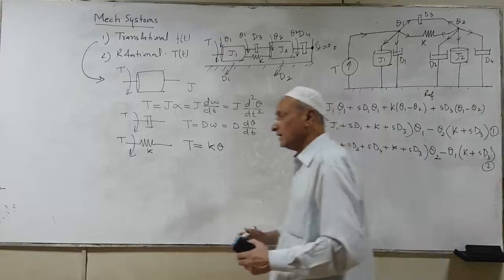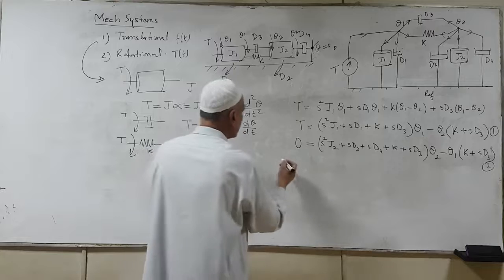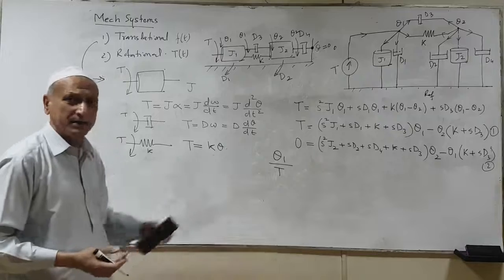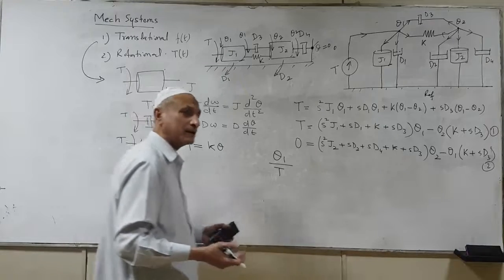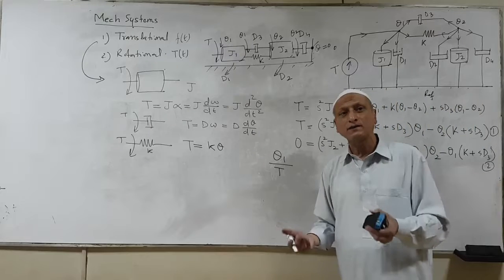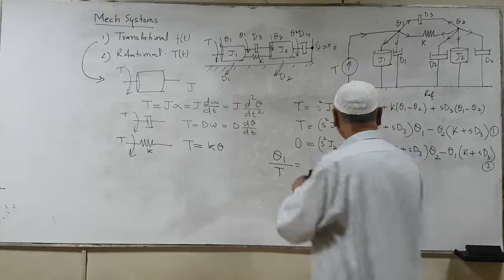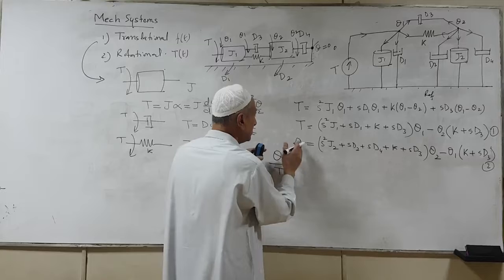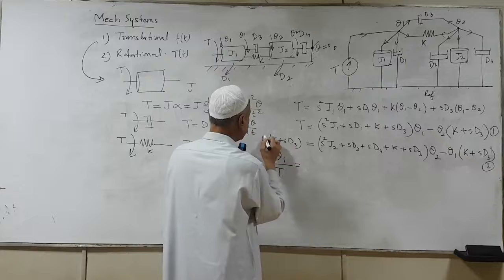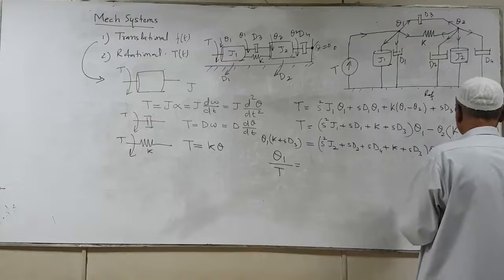Now our transfer function. Let's say we are interested in forming a transfer function of this form, theta 1 divided by torque. The output quantity in this case is, let's say, theta 1. As I said, it doesn't make any difference; it depends upon your requirement. So in this case, let's say your field of interest has to do with the output which is theta 1. So you transform this to the other side. So this will be K plus S D3 into theta 1. Now when we transform this one, this becomes equation 3.